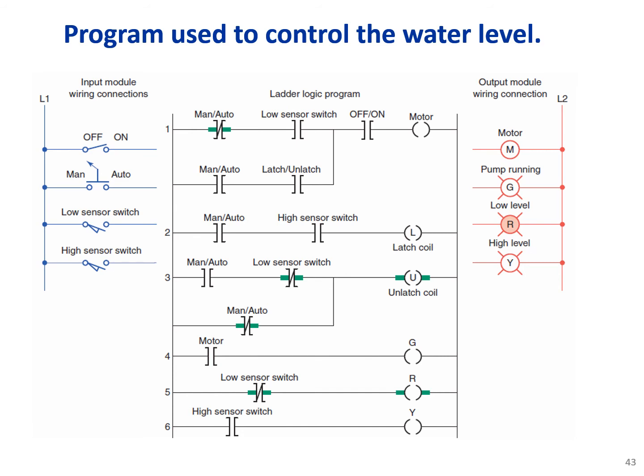But if the manual-auto switch is on auto, then all these rungs here will be false, and the motor cannot be turned on and off. Once we switch to auto, it will latch the motor, so it will override the manual